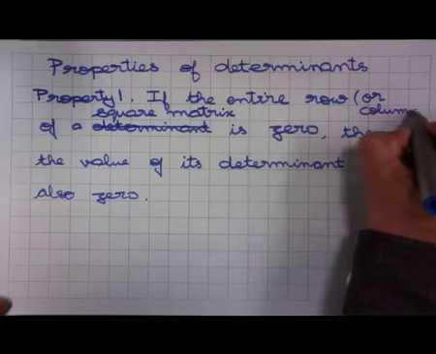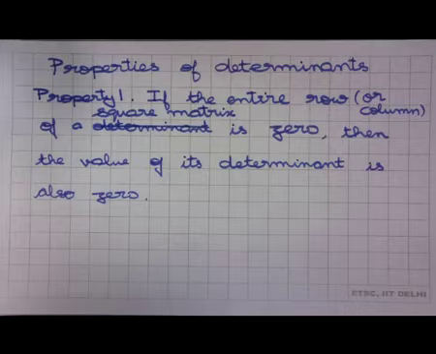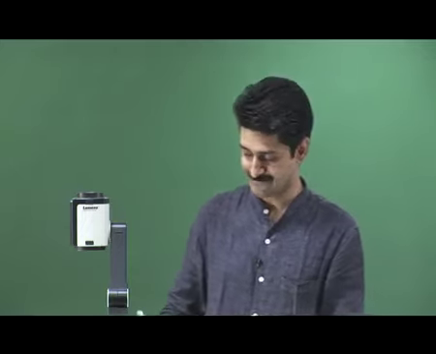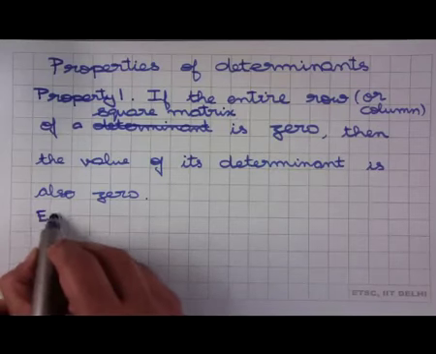So, I say that if the entire row or column of a square matrix is 0, and this kind of interchangeability between the row and the column is something that we will see in other properties as well. So, it is good to make note of it here. And now, let us just look at a 2 by 2 matrix to see how this works out. So, the example that we consider